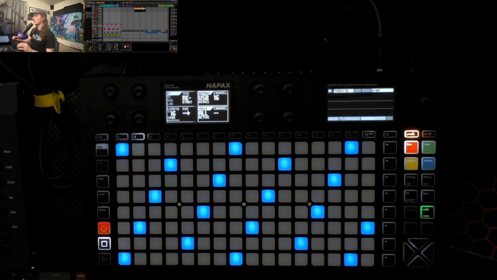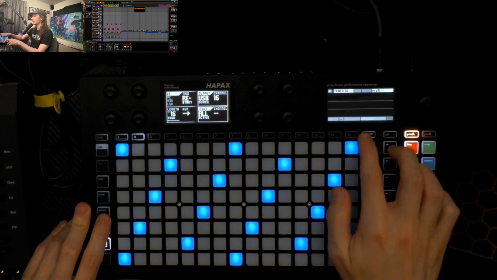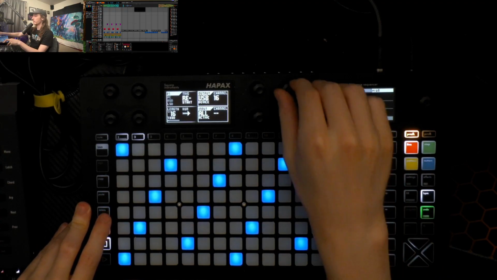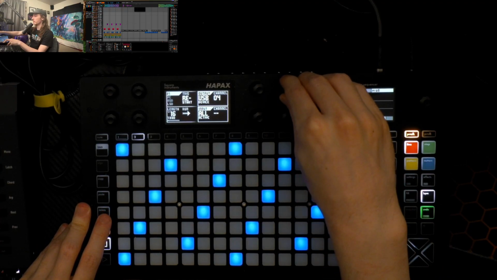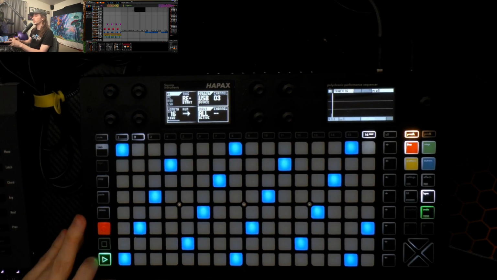One thing with this is that this is also playing through all ends. And so what I'm going to do is set this to track 3, so that way I don't have to worry about that. We're going to set this to MIDI channel 3. And this is also going to go to 3. So now